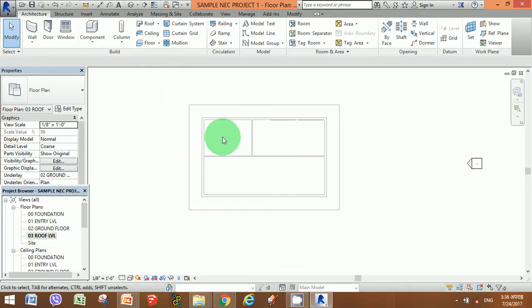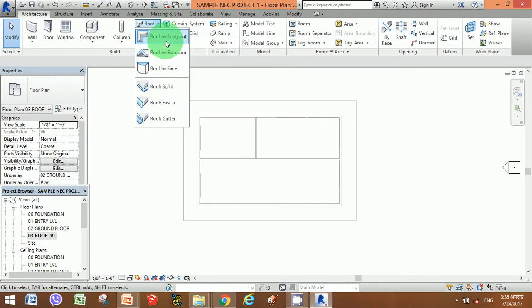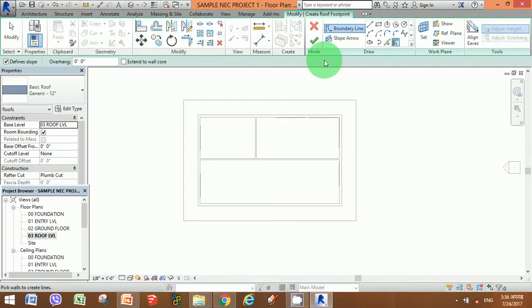Here in the roof level, we can see that the offset of this building is already marked. So we could just add a roof over its head. Now there are two different types of roof. Now one is by footprint. There are other types of roof as well. But let's go with the footprint, and you'll see what I'm talking about. When you are selecting the roof plan,